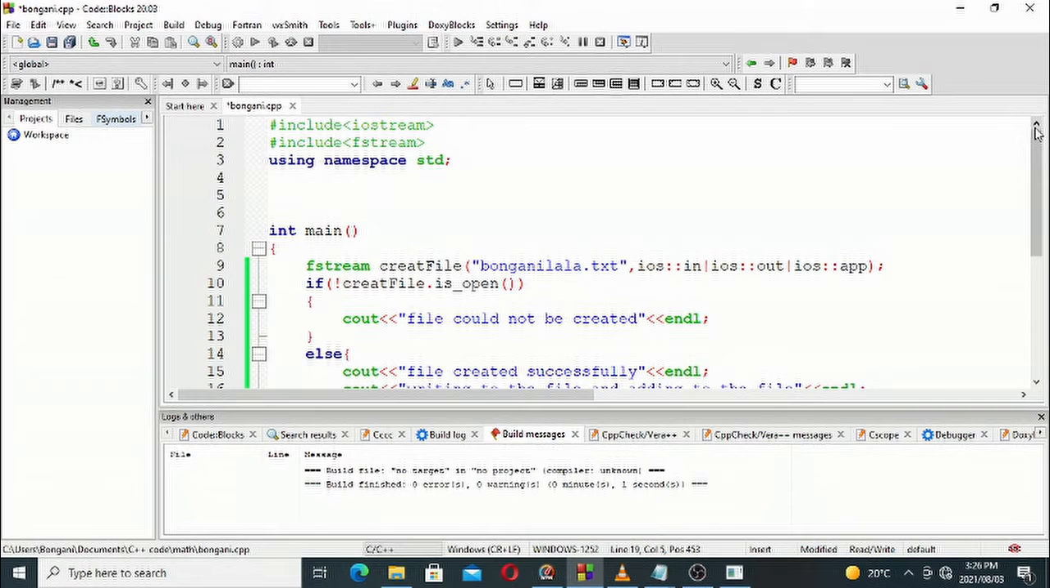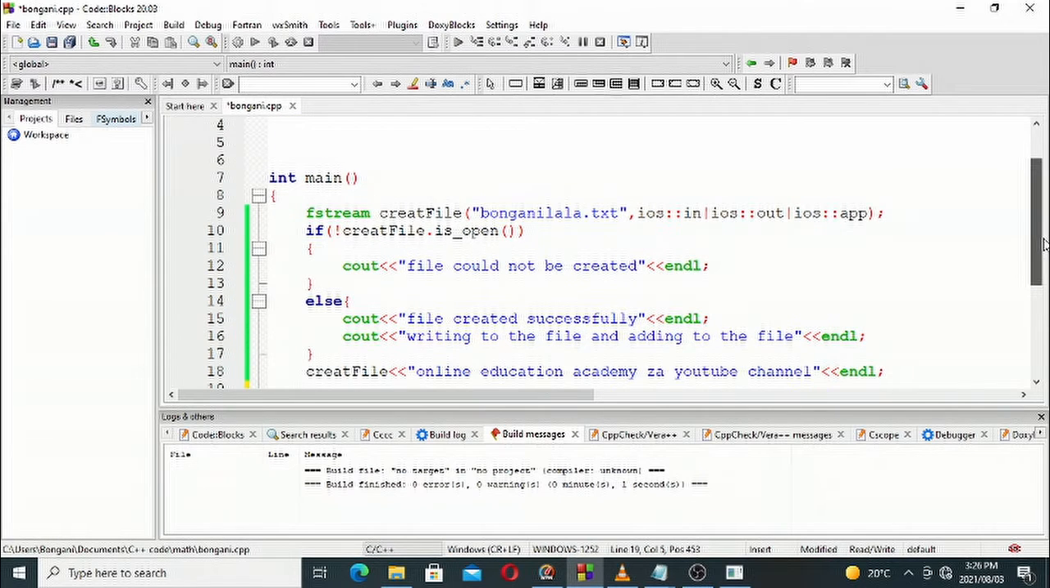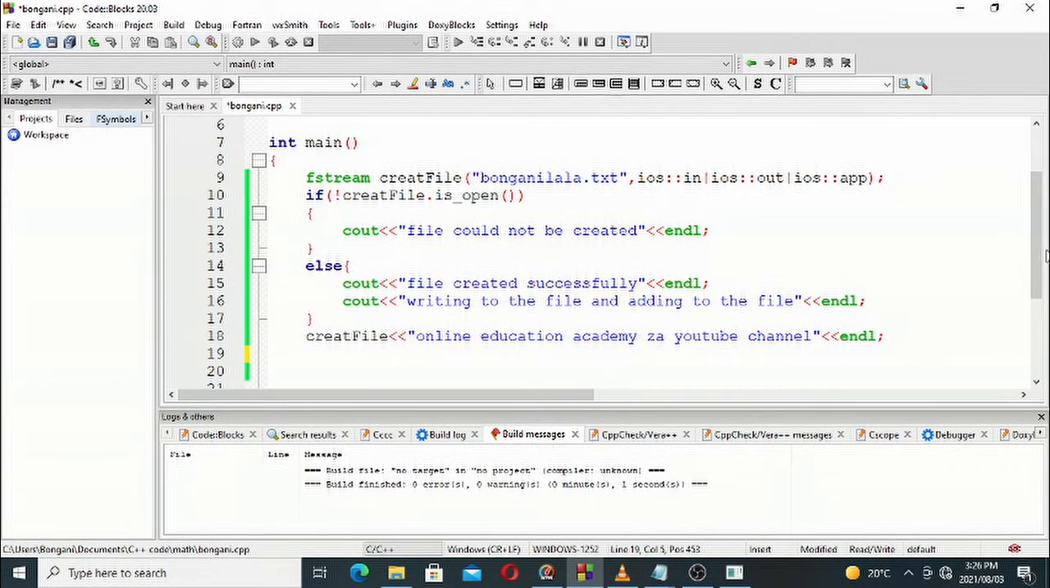So on today's lesson, we'll learn about reading from a file, right? So we've learned how to create a file, we've learned how to write to the file, we've learned how to append to the file. So on the previous lesson, we said #include <iostream>, using namespace std, and then we're